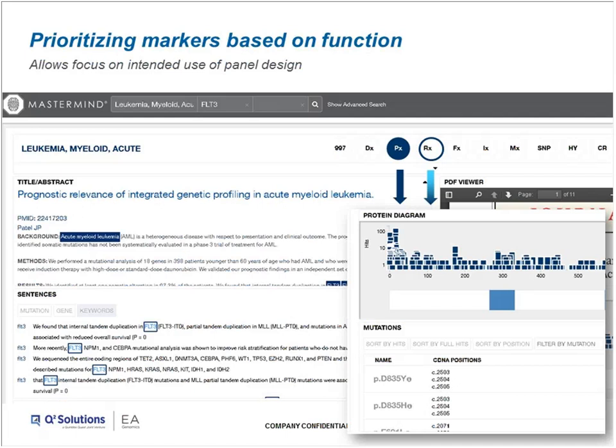So I had highlighted here the prognostic circle. And from that, I got genes when I was looking at FLT3, and the markers that were highlighted on the protein diagram were prognostic related. Going further, I could then filter those for things that are treatment related or diagnostic related. And so for me, that added that kind of variability, going back to the concentric circle graph that showcased